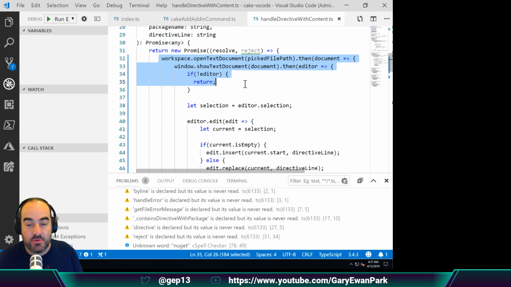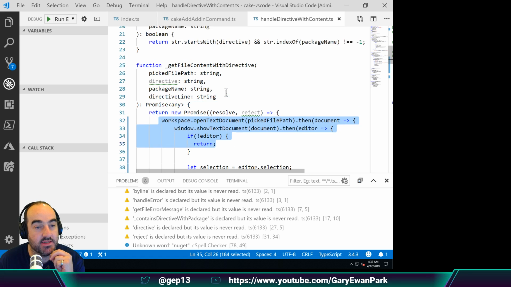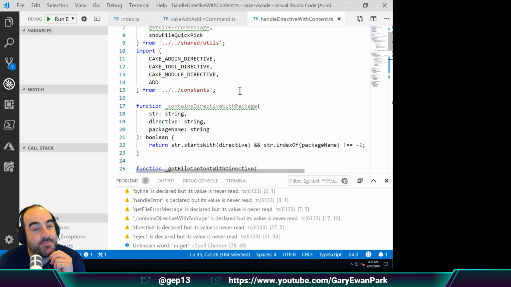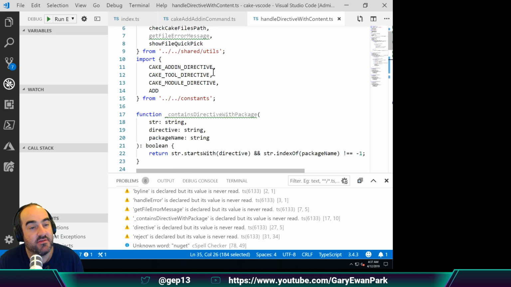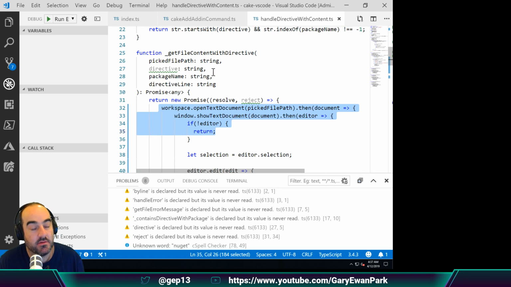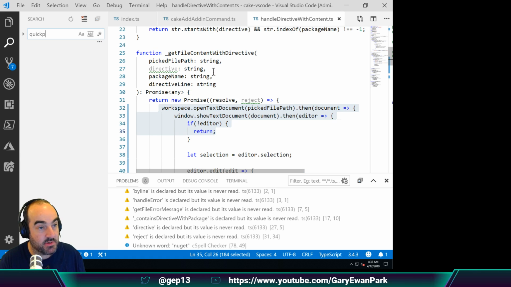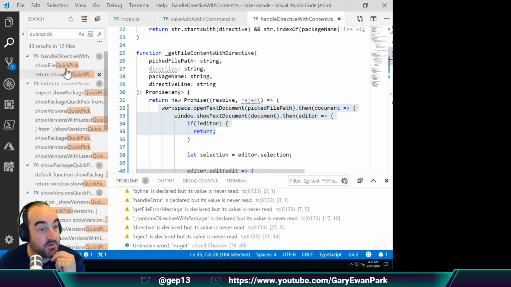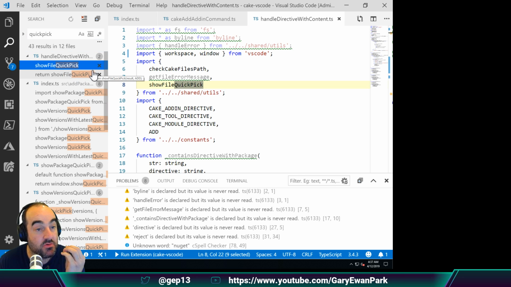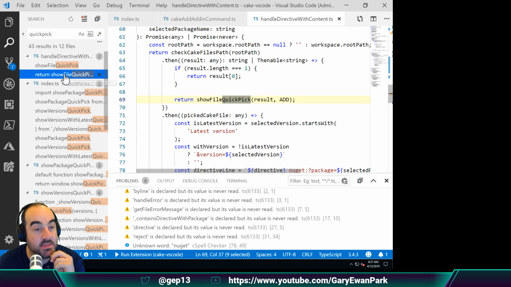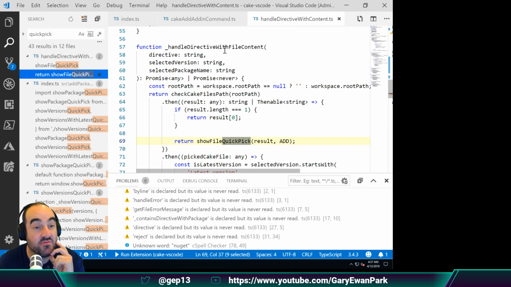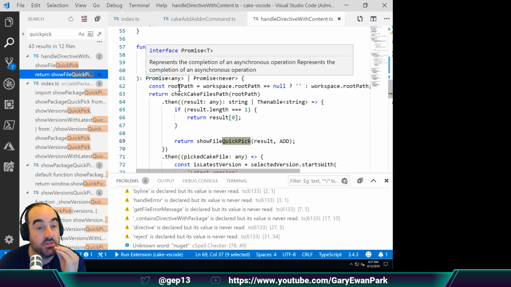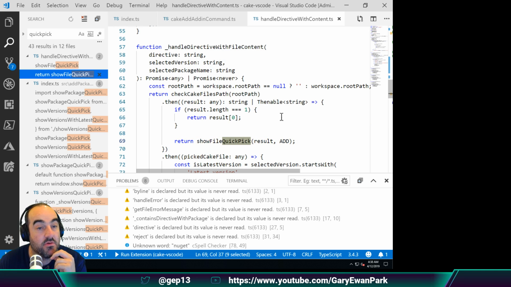What do I prefer? What do I think is a good idea? I'm wondering if the quick pick. So where is the quick pick? There must be a quick pick option here for a few places. So it's saying show file quick pick, and it's asking it to be returned for here. So handle directive with file content is being used if the